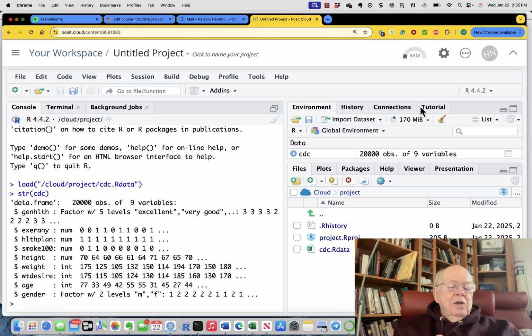I want to show you how to use Markdown, and I'm going to do it in Posit Cloud, and there's only really one minor difference between doing it in Posit Cloud and doing it on your own computer. So to start with, you could either click on File, or more conveniently get the same thing if you use this pull down immediately to the right of the green cross. So I click on New File, and I click on R Markdown,